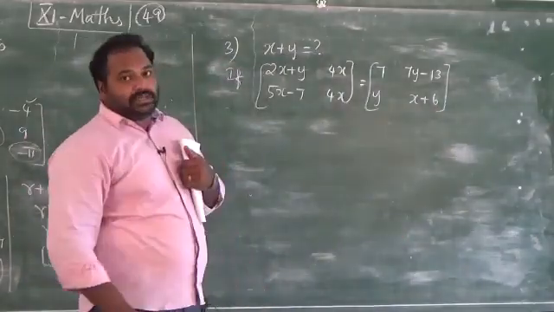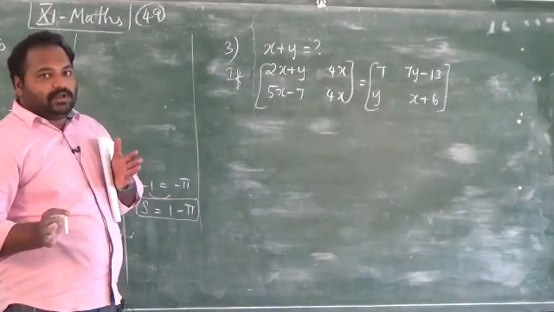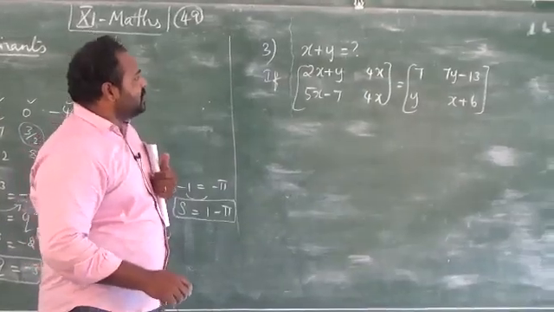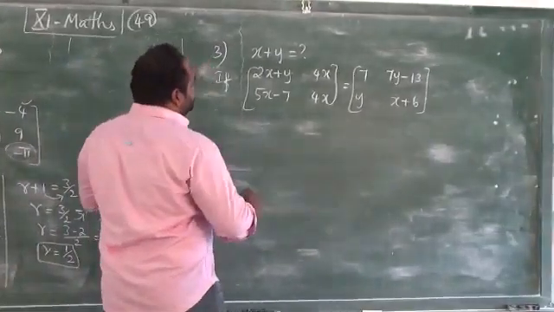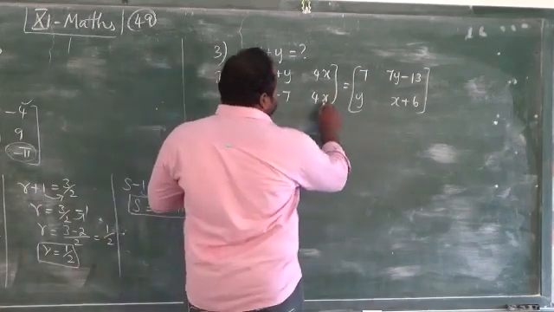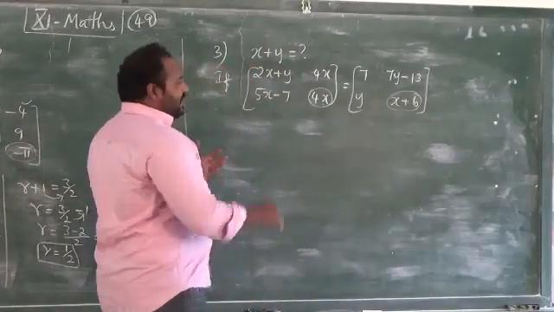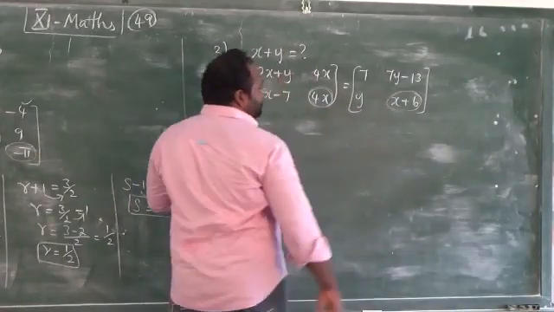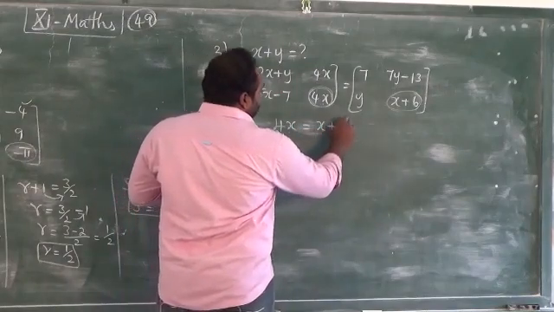We already know that if two matrices are equal, corresponding values are equal. We can equate the corresponding values. So, by using that definition, I am going to find the value of x and y first. First, how can we find the x value? Here I am going to take this term and this term to find x directly. We can take any values, but if you take these corresponding values, it will be easy to find the x value. So, 4x equals x plus 6.